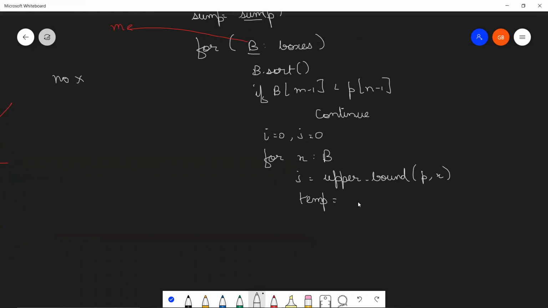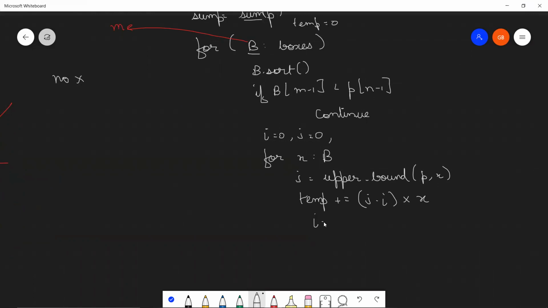Temp would be declared outside this for loop, right? Temp is being declared somewhere over here, and it is actually introduced. So temp plus equal to what it would be, j minus i multiplied by the x, the box size that we were using, right?